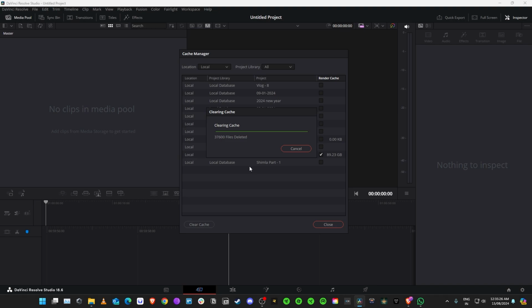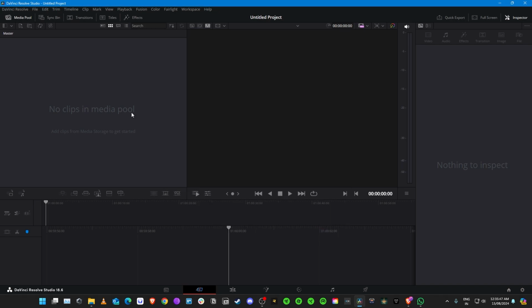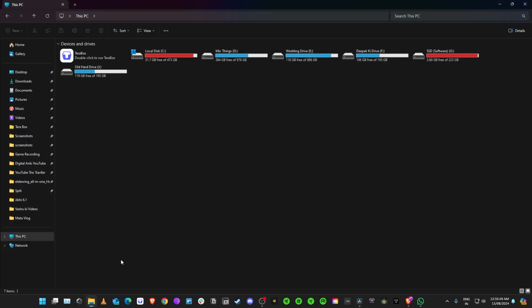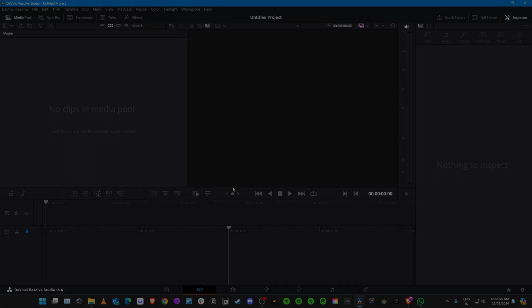It will take a little bit of time, and as soon as this cache file is deleted, then my drive is almost free from unnecessary files. So the process is done, and now you can see I am refreshing this and see, now you can see the SSD storage drive is